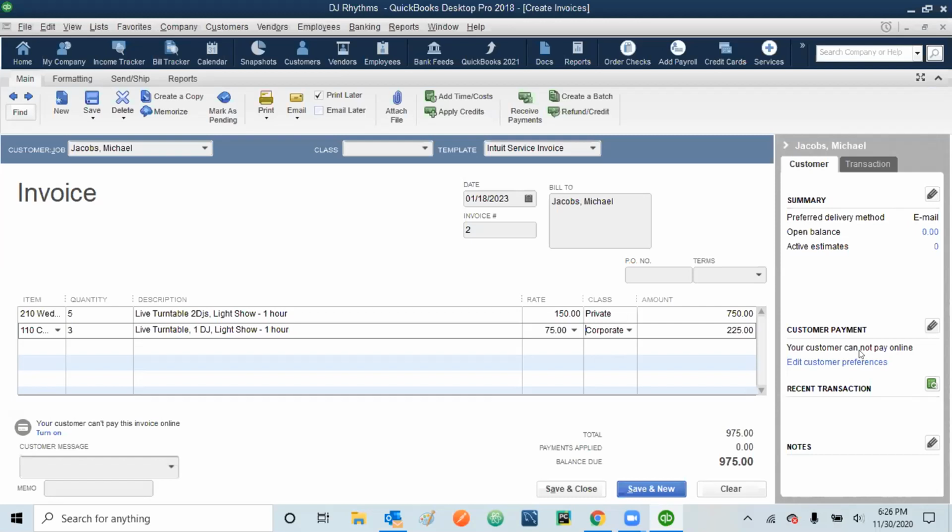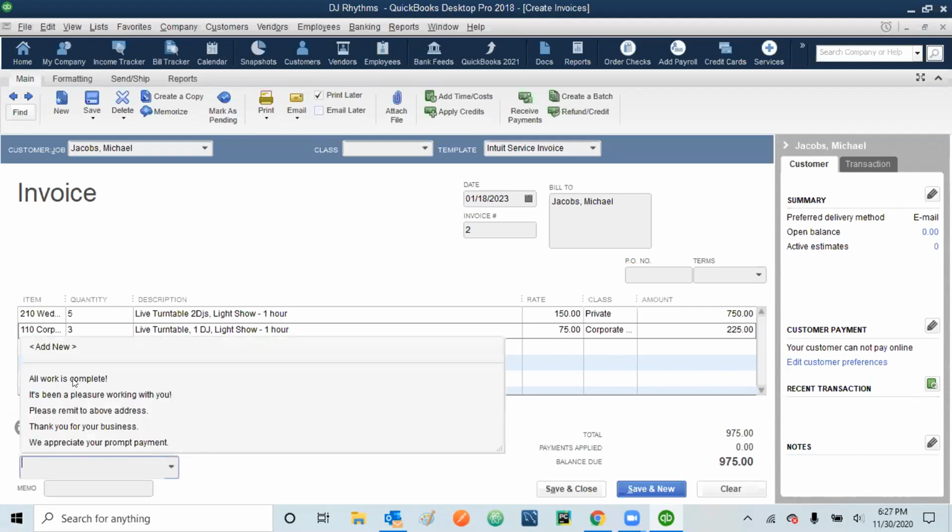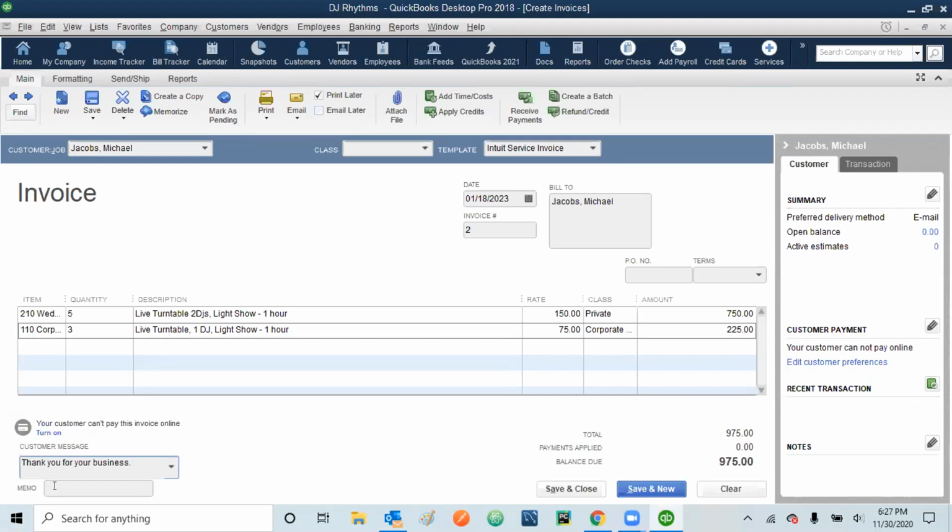So for the corporate event, once it is done, in the custom message you can type here, thank you for business. And in the memo, you can type Jacob's wedding, February 4.